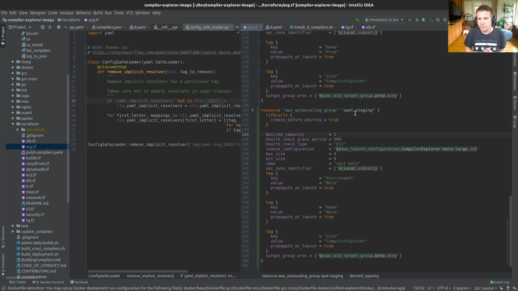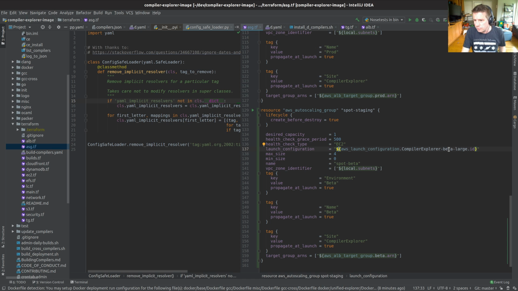Okay, so we're going to have a desired capacity of 1, at least right now. So at the moment, we're just going to literally fire up a whole other node. It's going to use Compiler Explorer Beta Large as a launch configuration. Now we can't use that launch configuration. This is the information that's used to initialize the instance in the first place. If we use this configuration, those nodes will start up and think that they are beta nodes, and we don't want that. So we'll take a rain check on that, and I will write that down because I will forget otherwise. So to do: launch config.